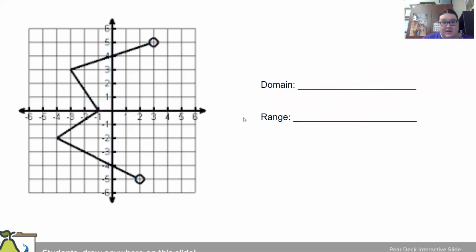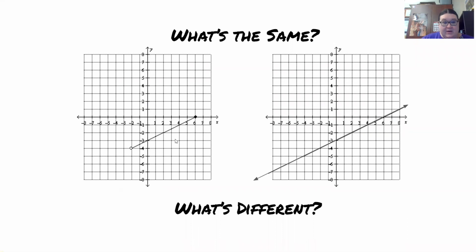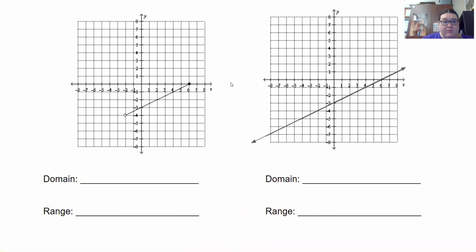Okay, let's try another one of these. So here we can see that this line has endpoints. This is a line segment, so it ends at (-2, -4) and (6, 0), whereas this one with the arrows indicates that it continues on forever. So when we're looking at domain and range, for the one that has endpoints, you would just, on your